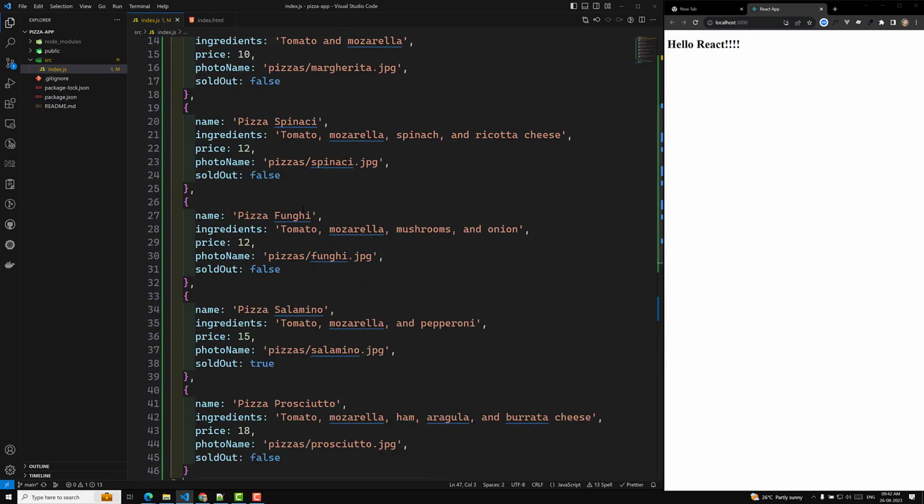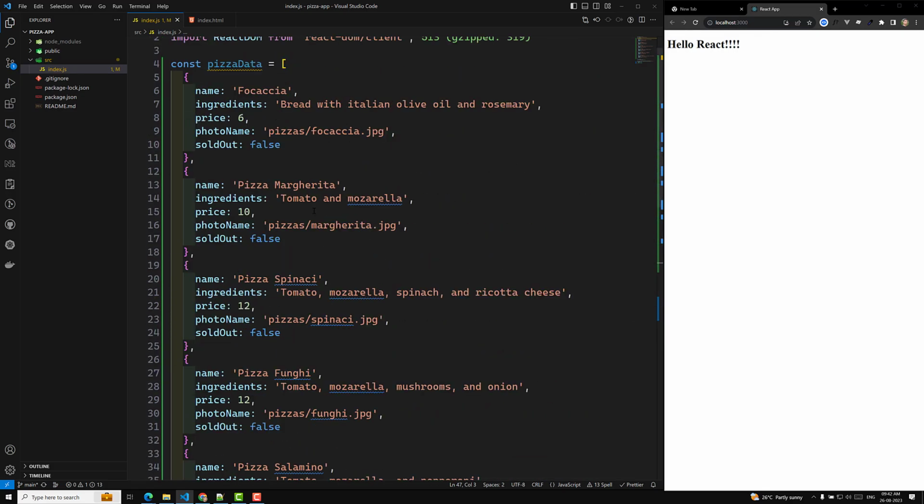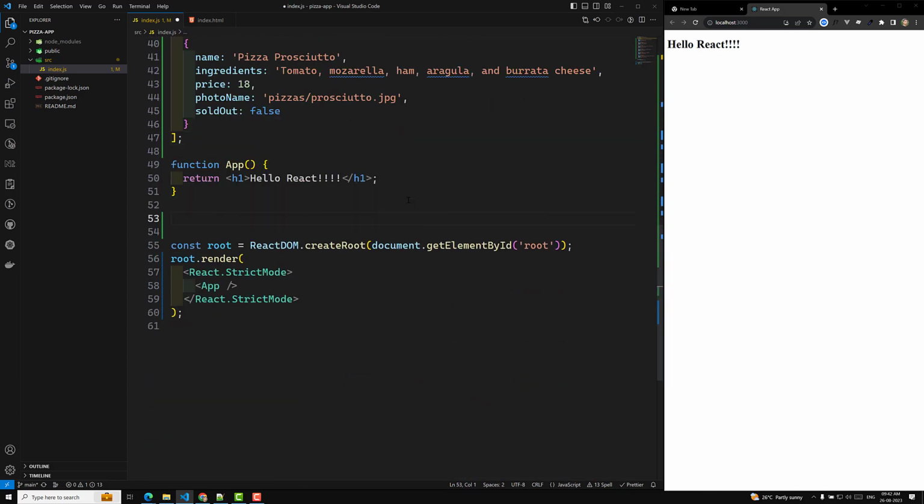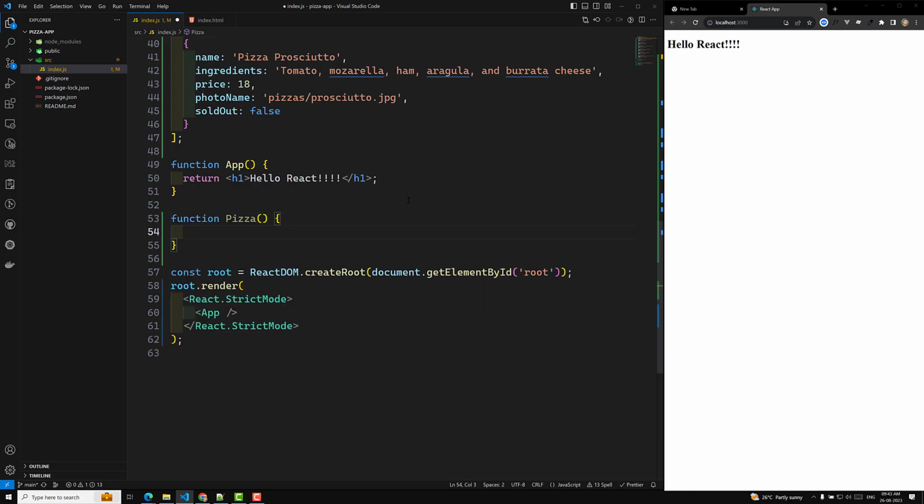So we'll try to use this data. Okay. So these are all the list of pizzas available. Now here I will create a component function Pizza. Okay. So single pizza I am developing it here. So this one will return the